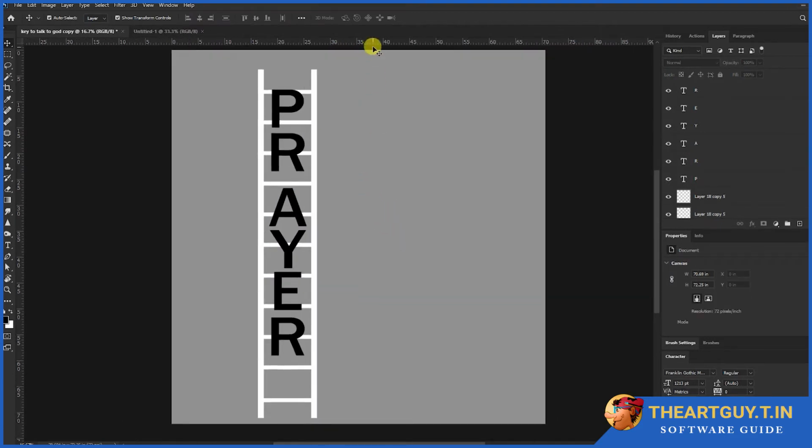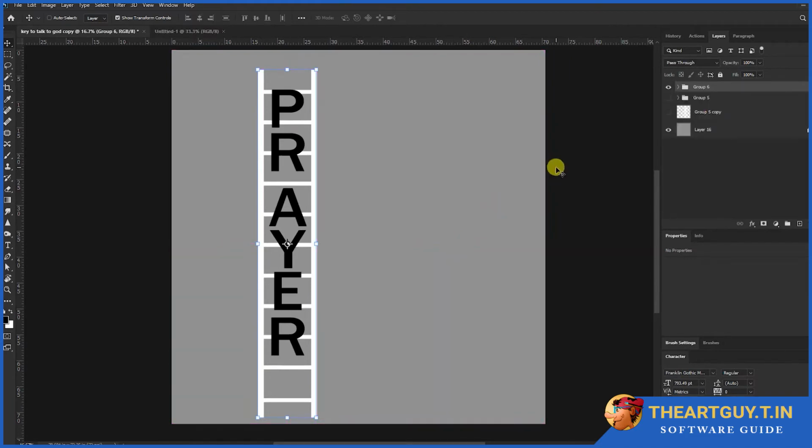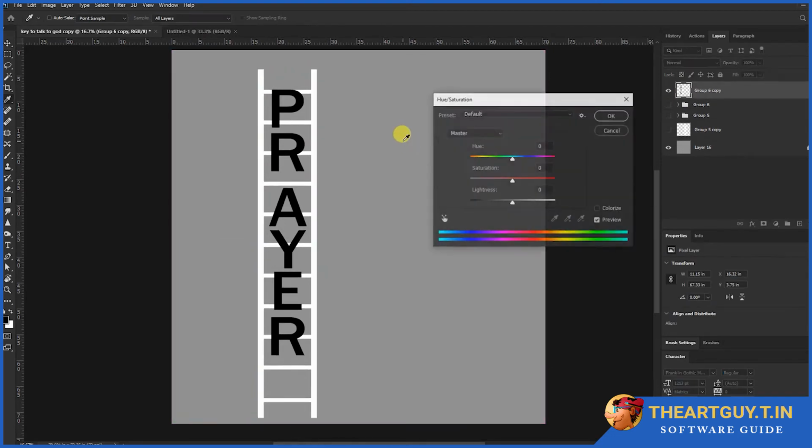And after all this was done, I selected the whole layer and pressed Ctrl G to group it. Then again I copied this group, because if you want to change anything you can use it again. Then I pressed Ctrl E. Then to set the full background completely as a white vector, I pressed Ctrl U. Now Ctrl U has shadows, highlights and midtones. So I just made it white here, giving it a lot of highlight.